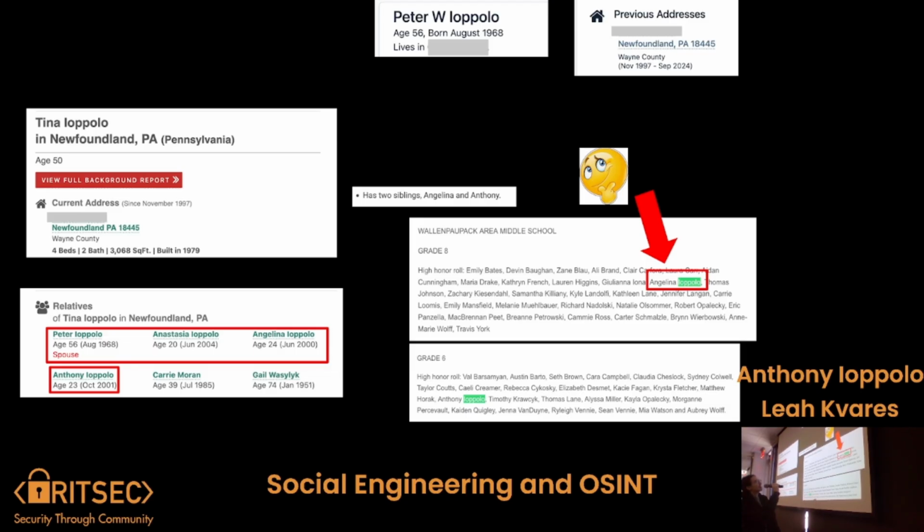It's wrong sometimes. And then I think I confirmed this sibling because they all do sports. Sports pages are like the number one way to get information on someone. You played soccer and baseball, and then my older sister went D1 softball and won the division for the team. The other one's a track superstar with 9 records. One of them had a fun fact: I have 2 siblings, Angelina and Anthony. So that confirms that sibling. That's all for this slide.